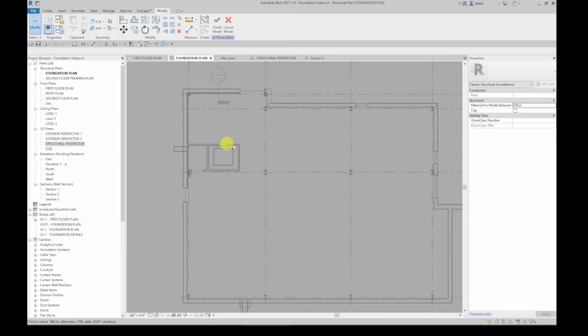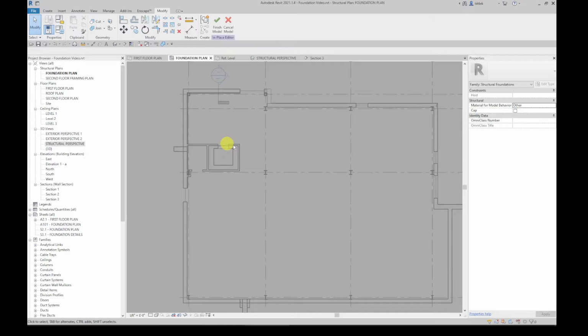Then again, I'm going to select the profile, window wall, green check mark, and for now I'm going to stay in my InPlace family editor, but I do want to look at this in my structural perspective and see that now I also have a grade beam around here. So now here, let's go back to the foundation plan. I'm going to create, actually, sorry, I do need to finish that section of the model. It's hard to select the grade beam in that view,